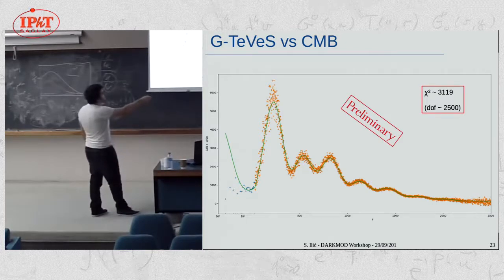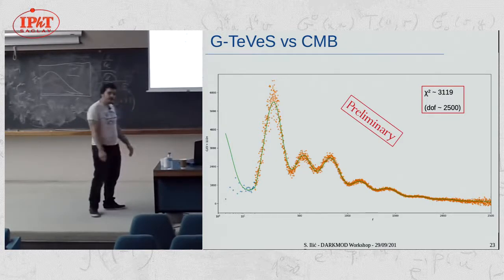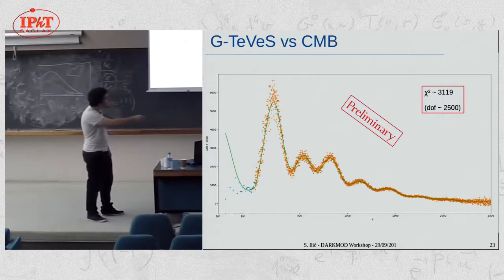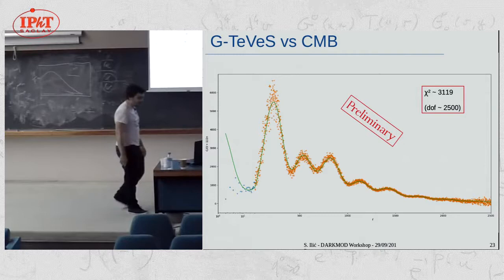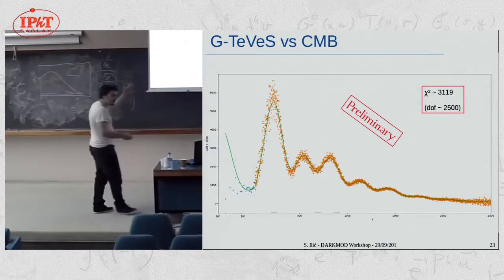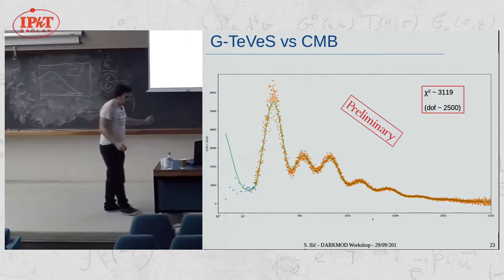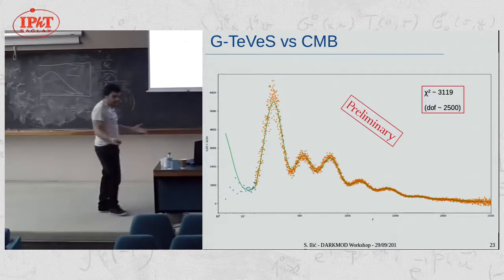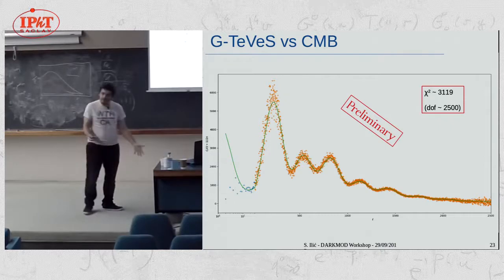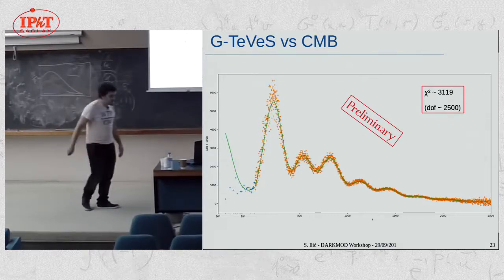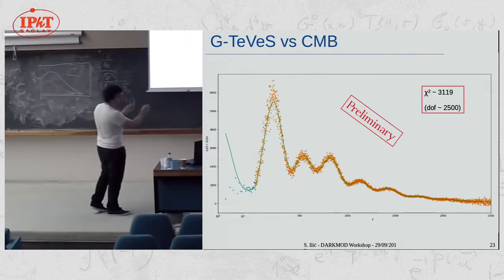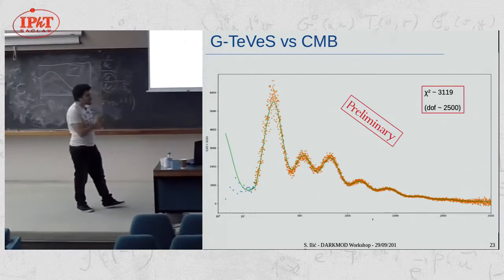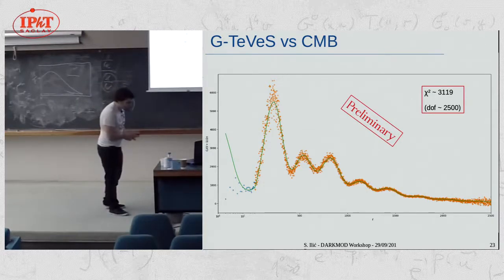Of course, in terms of chi-square, we're pretty far compared to lambda CDM. We have around 2,500 multipoles, and we have a chi-square of 3,100. So technically, it's excluded compared to what lambda CDM can give. However, compared to the general TeVeS, it's quite encouraging. It manages to raise up the third peak without screwing up too much the rest of the spectrum. And actually, if we do the fits only on the first three peaks, we can pretty much get a chi-square that is as good as lambda CDM, which is pretty cool.